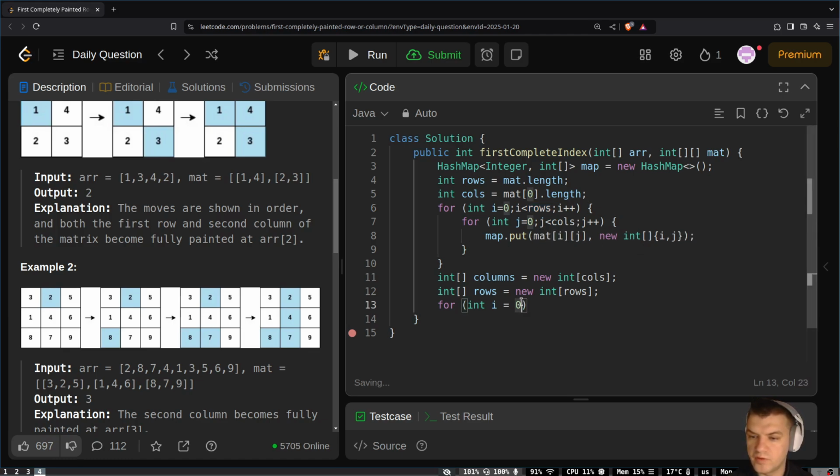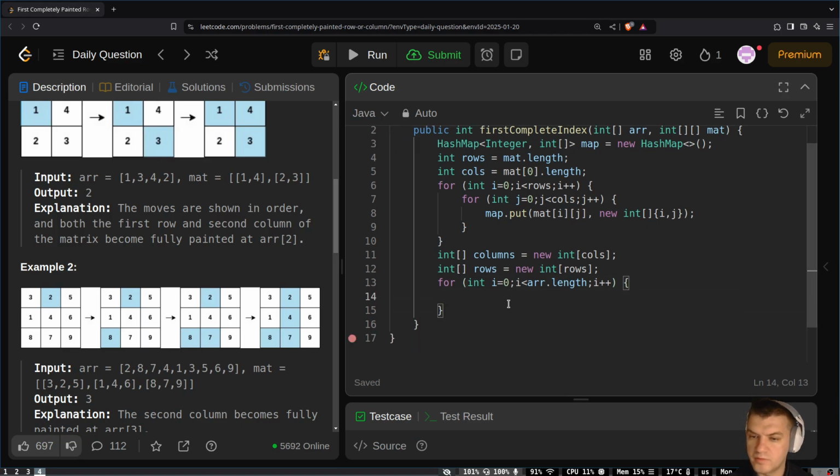So for int i equals 0, i less than arr length, i plus plus, and then I'm gonna do